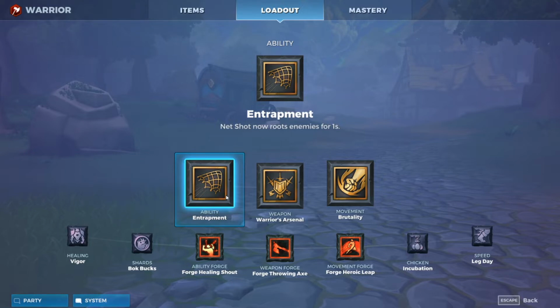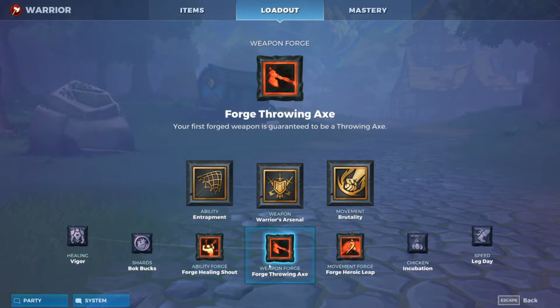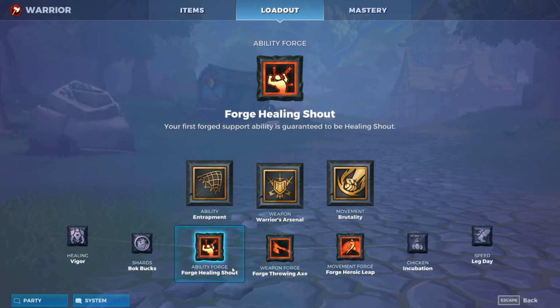It doesn't really matter to me whether it's green, grey, purple, or orange. It doesn't really matter to me at all what colour it is, as long as I get a net shot, as long as I throw it at an enemy and it freezes them in place so I can guarantee an axe hit. What I really want is my first forged ability to be an ability that is going to help me stay alive in combat,